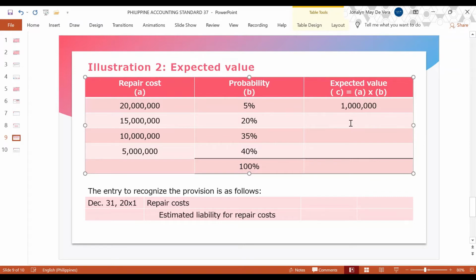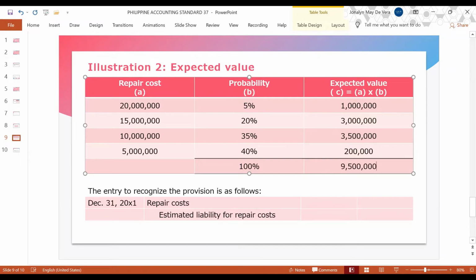So 15 million multiplied by 20%, we have 3 million. Next is 10 million multiplied by 35%, that is 3,500,000. Next is 5 million multiplied by 40%, that is 2,000,000. So we are going to sum this all up to get the total expected value. So that all adds up to